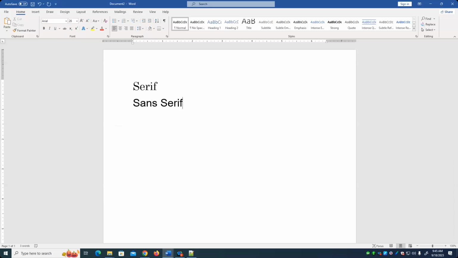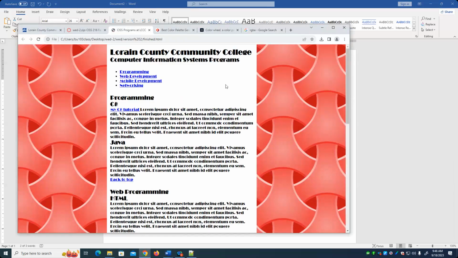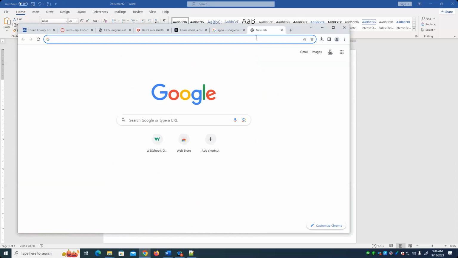I was going to describe the difference between the two. A serif font gives more of a classical look, whereas the sans serif font gives a cleaner, more modern look. And it's okay to mix. Sometimes you'll use serif fonts for headlines and sans serif fonts for the text, because sans serif fonts are better at smaller